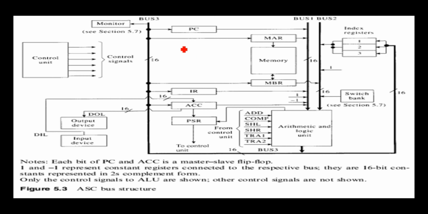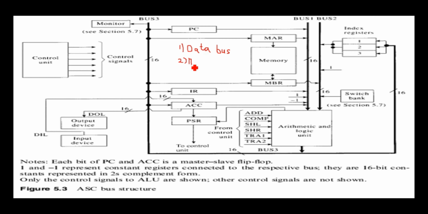We have three types of buses. The first one is known as the data bus. A data bus is composed of different data lines. So we can say that different data lines are combined to form a data bus. This is the first bus that can be used, and through this bus data can be transferred, moved from one component, one memory location, one register to another register or memory location.